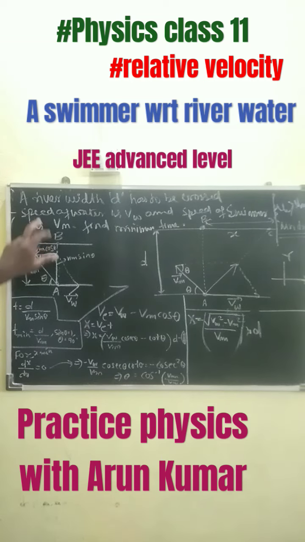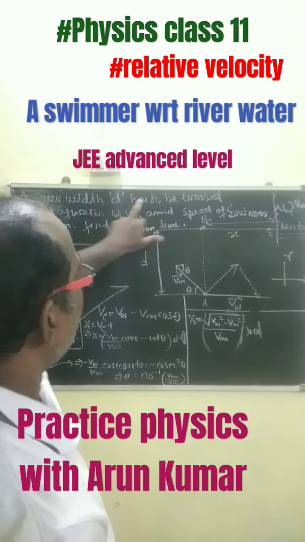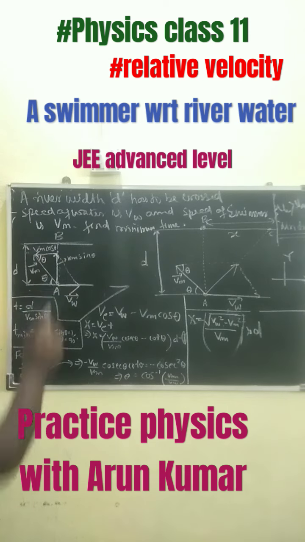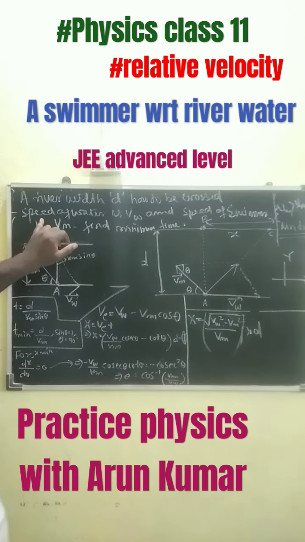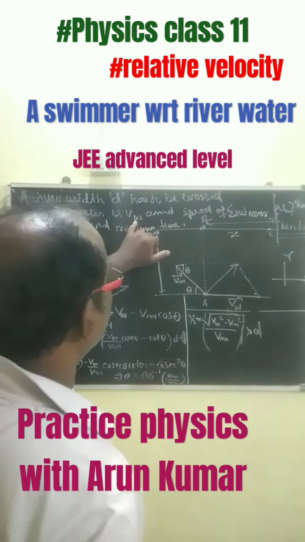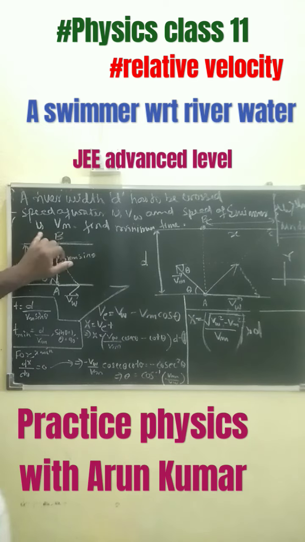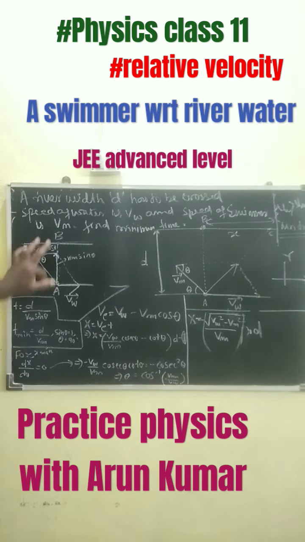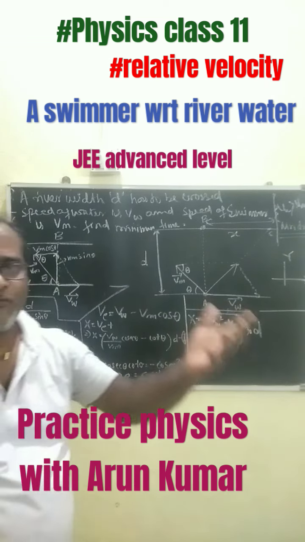Very important question. A river with width D has to be crossed, where the speed of water is Vw and the speed of the swimmer is Vm. So to find out the minimum time to cross from point A to point B, we have to take